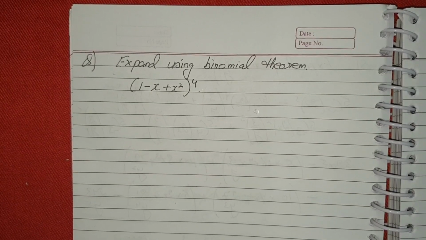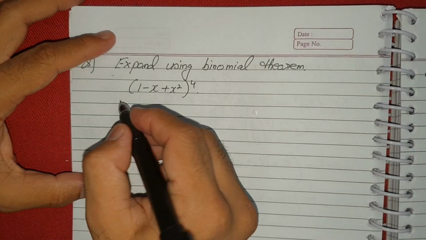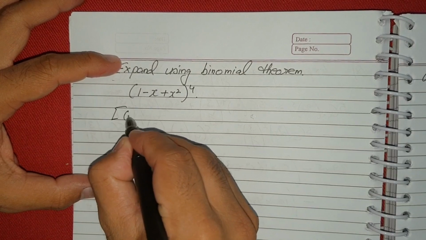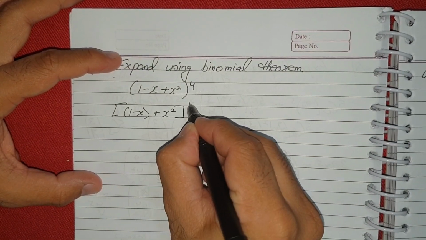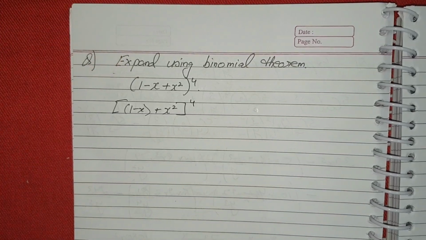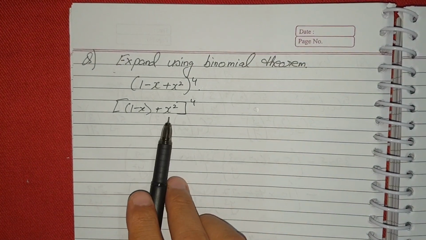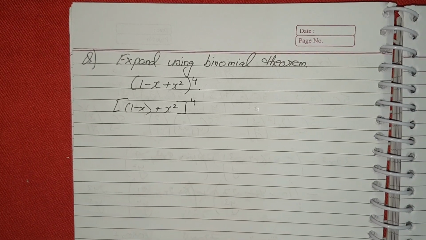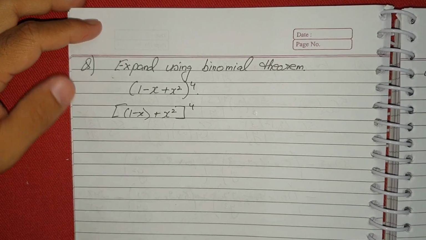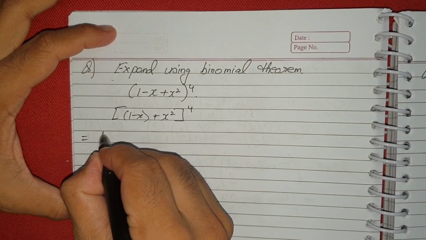So here we have to actually group it. So we can group it like this. You can write (1 minus x plus x square) to the power 4. Okay, now this becomes x, and this is y. So now here we start our expansion. So first of all is 4